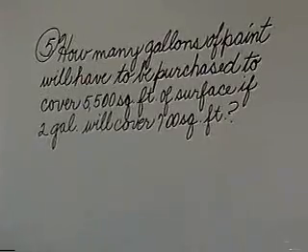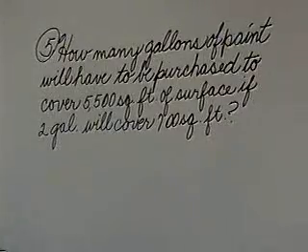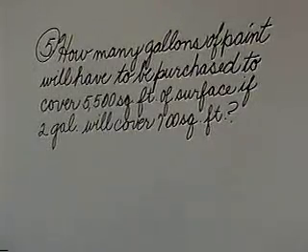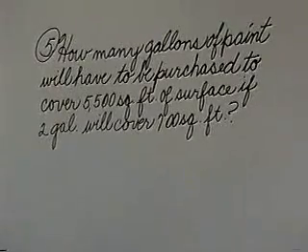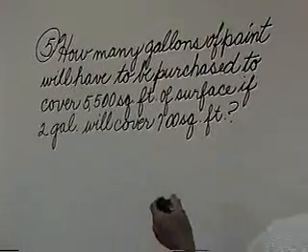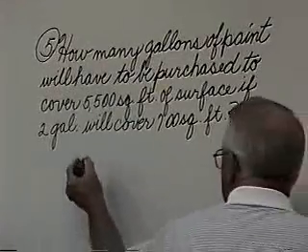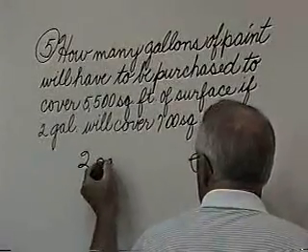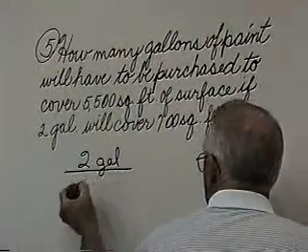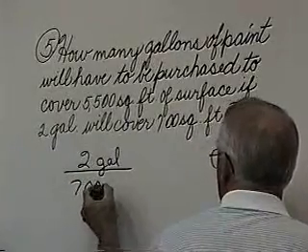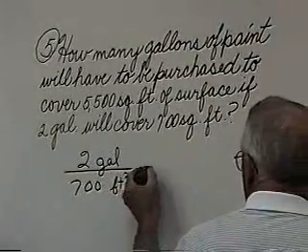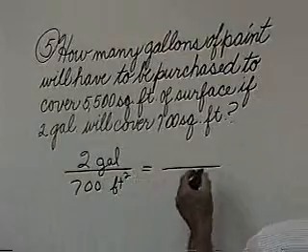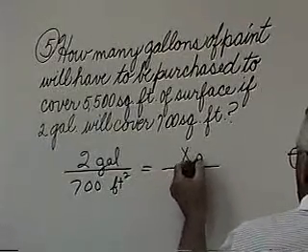And that's a way of getting the job done. That's probably the way most of us reason when we go into a store to make that kind of decision. But proportions will give us a way of doing it mechanically and accurately. And here's how it works. It says that for 2 gallons, we can cover 700 square feet. So we'll say, well, how many gallons? That's our unknown. We'll cover